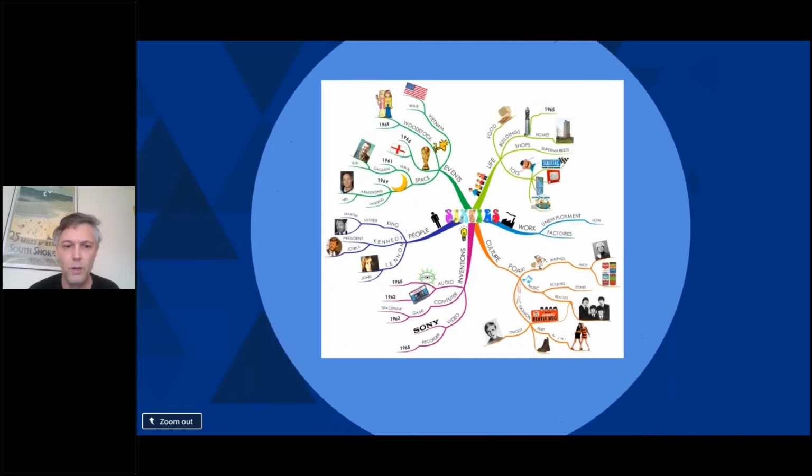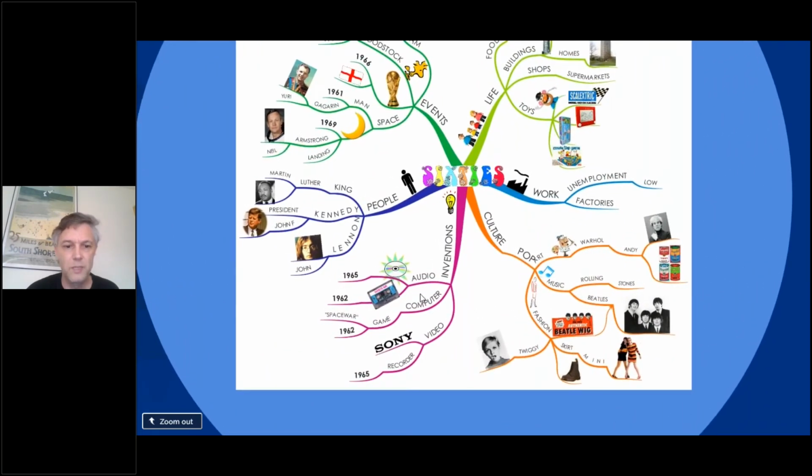And again, here's another one. Lots of images, years thrown in, and even though they're constrained here with this, the core idea being the 60s, you can easily see that something like a branch out off to 1965 could become a massively huge branch of additional ideas and events and concepts and movies and songs, so that even though in the hierarchy of this mind